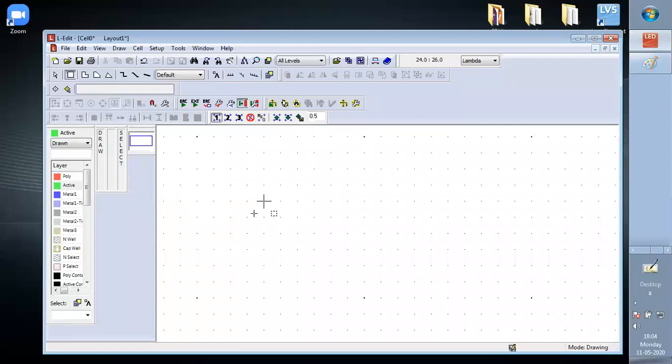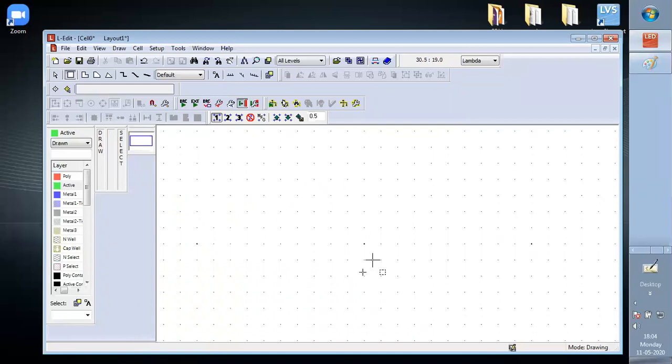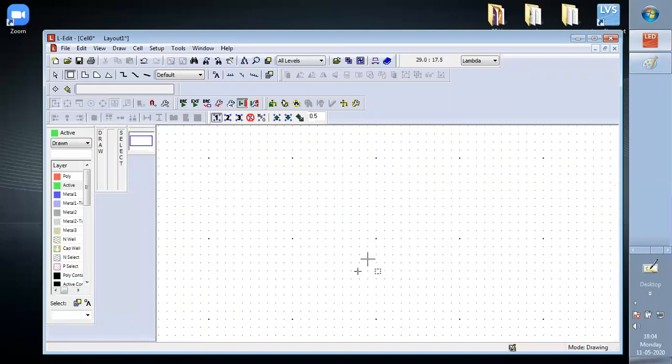If I draw here, you can see it is exactly 1 by 1 lambda, right? So that's why we are doing this setup and design. So now we create a 25 lambda by 25 lambda means here we have to draw 5 lambda. Height will be the same, height will be 5 lambda.